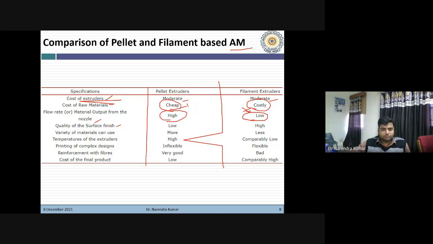Then quality of surface finish. Obviously, in this case, a lot of research is needed to improve the surface finish and quality of the printed parts. But with triple F, since it is available commercially, the quality is quite high as compared to the pellet extruder heads. Then temperature of extruder. In the case of pellet extruder head, we can achieve high temperature, because we can modify it according to our requirements.